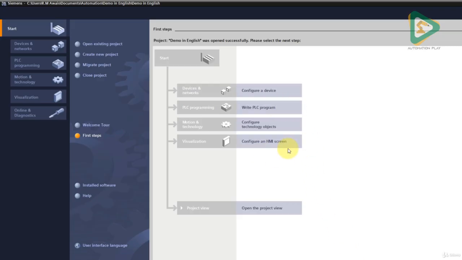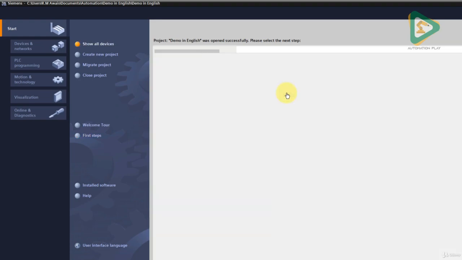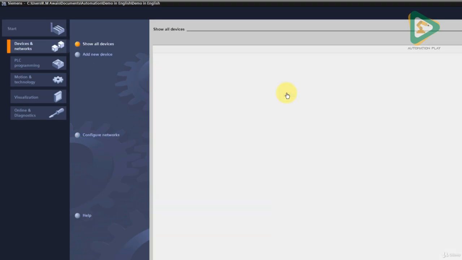So there are multiple options over here as well. If I have to open the existing project, I will click over here. But right now, I have to configure a device. If I have to directly write a PLC program, I'll choose this option. If I have to use, for example, PID block, I can use this. I can configure a HMI screen from over here. But we are starting a project. We will use creating new device. I'll click over here,